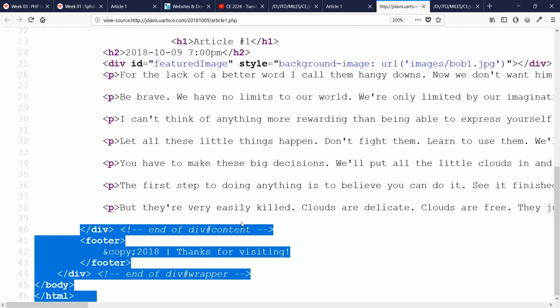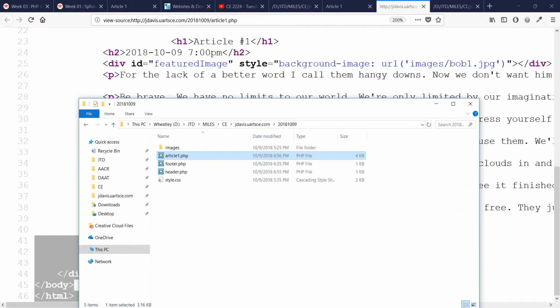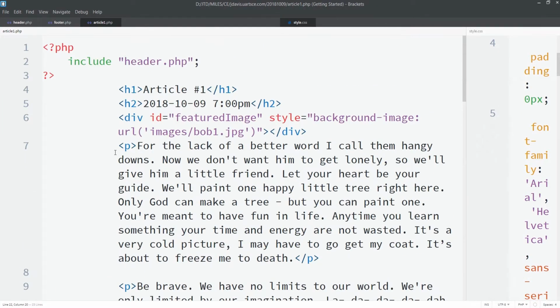It includes that exact same thing. So we have our article 1 PHP, and it includes the header and footer. And really the only PHP code that we've inserted so far is just this include statement, which includes a separate